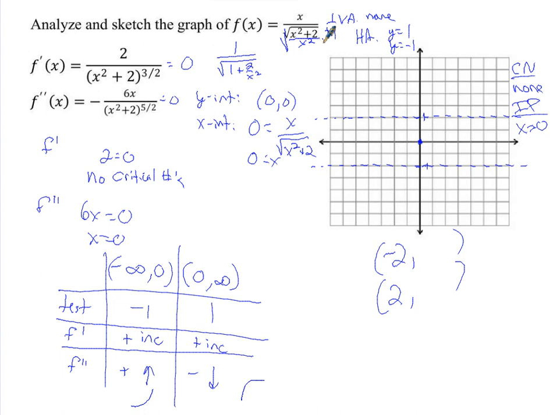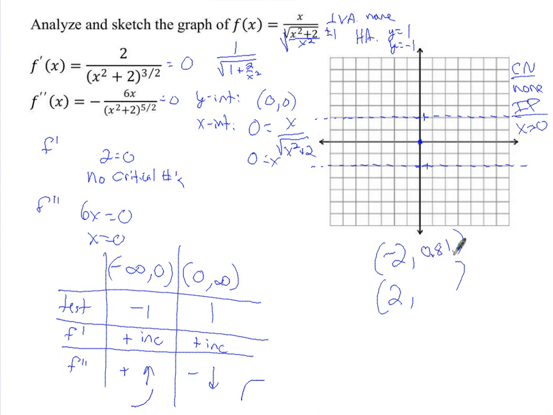Square root of 6 is like 2 point something. Okay, so we have -2 divided by 2.45. What's that? 0.81. Okay, so -2, comma